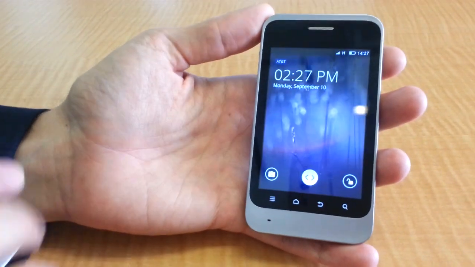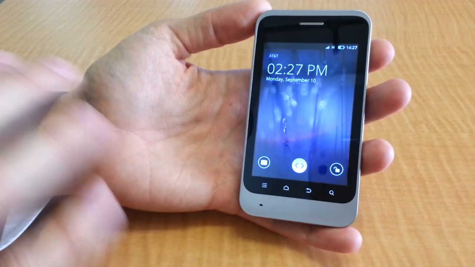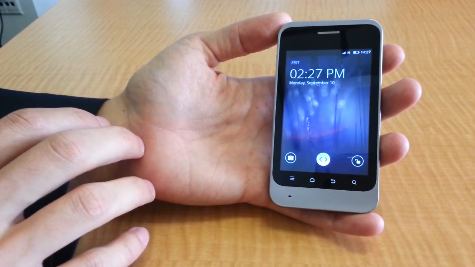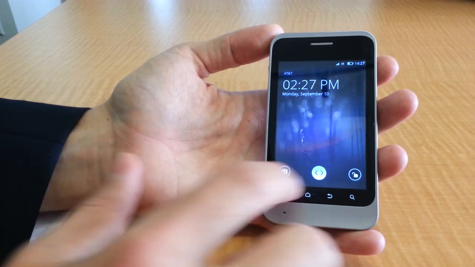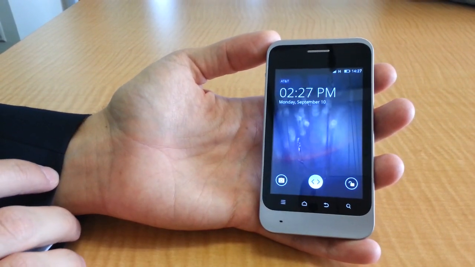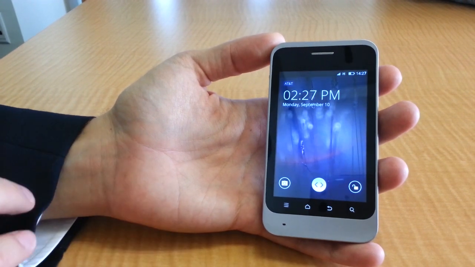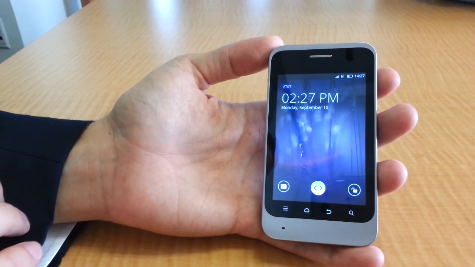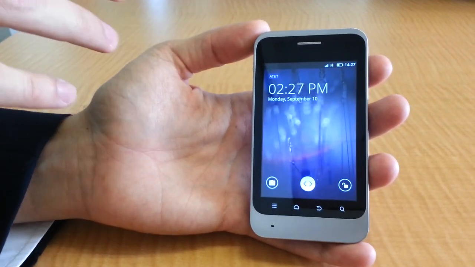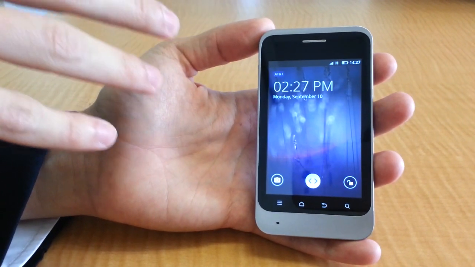So when I turn this device on, you see a lock screen. And this lock screen is completely built using web technology. The background image you can see here is an HTML5 image tag. If I move this little slider around, this is JavaScript manipulating CSS, so certain divs and frames move around on the screen. And you can also see a lot of new information on this screen that previously was not available to the web.